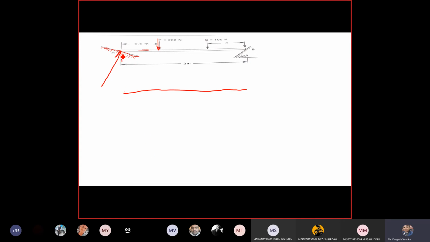So can I write like this or not? Here also, can I draw like this or not? This one is your RB. Can I write this RB? What can I write here? RA. Now I am drawing the same thing here. This one is your RA. This one is your RB. Next, what about this one? This one is your P. This one is your Q. Whatever the value is given, you have to mention that only.